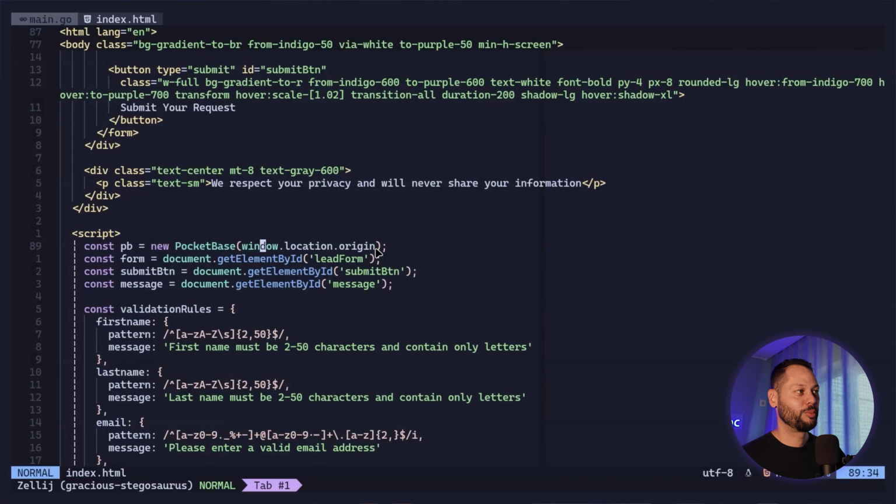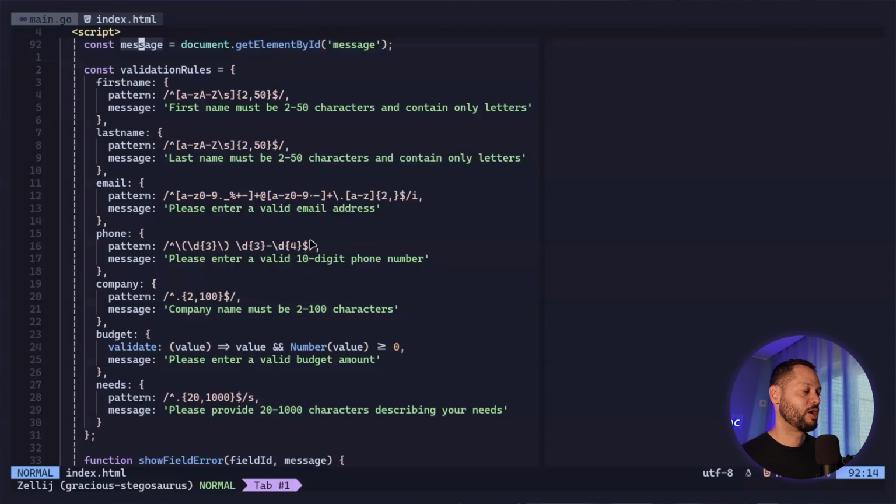window.location.origin is just going to be replaced with the exact URL that we access this site on. So you'll see it in the URL bar when we show it in the browser. Basically, the PocketBase client needs to know where to connect. And then we save some references to the different parts of our form. So we want to save the form, the submit button, and then messages if we want to show error messages,